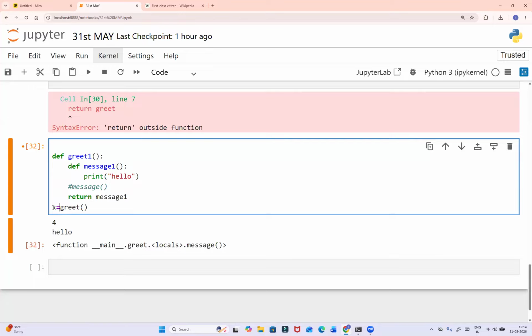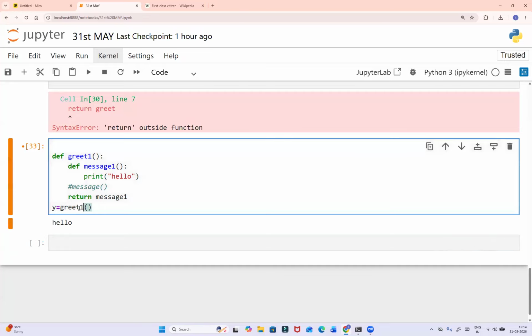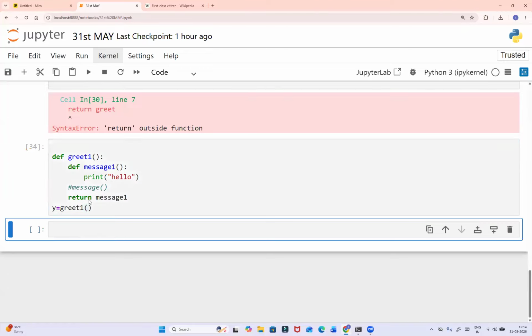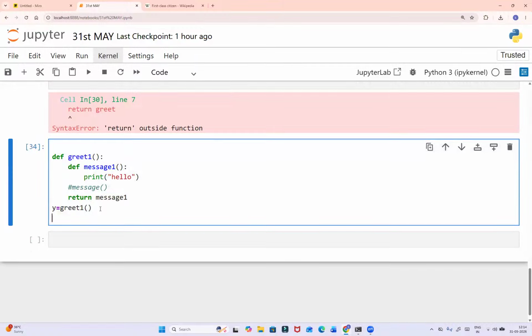Let's assume x or y now. Y. Then run it. You're not getting any error. Greet one, right? It should not print. So it is not printing. Now, if you are able to call using message y,